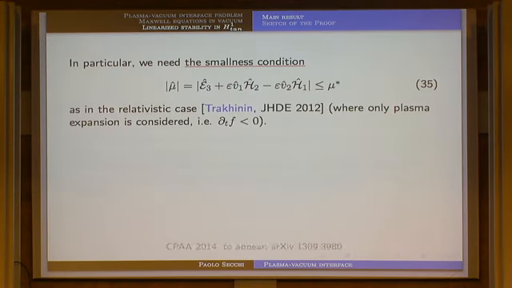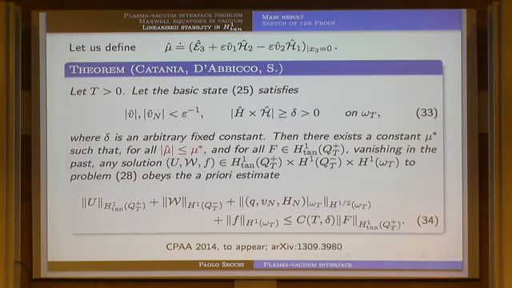Okay, I go back to the dependence with respect to delta in the constant in 34. Does delta go to zero or go to plus infinity? Here, in the linearized equation, delta is fixed. But if in 33 you take delta going to zero, what happens with the constant in 34? Everything blows up. This is the answer to your question, formulated in this way, because the constant depends on delta.